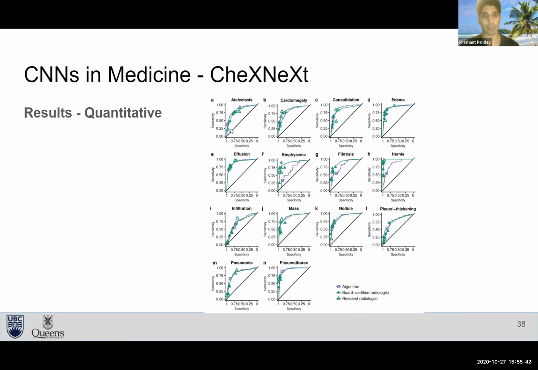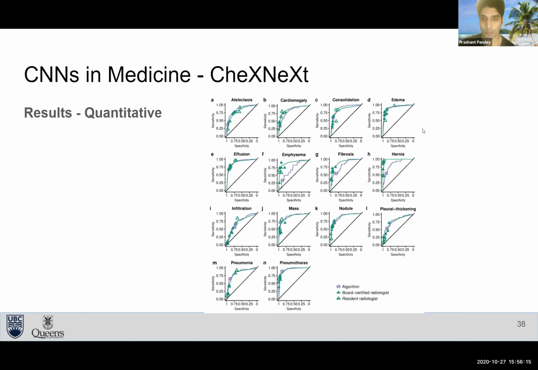So this is like just by random guessing, you would be able to get this much performance on guessing the disease. So the more close or the more concave these curves are, and the closer they are to this point here, the better they're performing. So overall, they found that the neural network beat the performance of radiologists in one of the disease classifications. The radiologists beat the neural network in 3 of them, but for the rest of the 10 diseases, they had